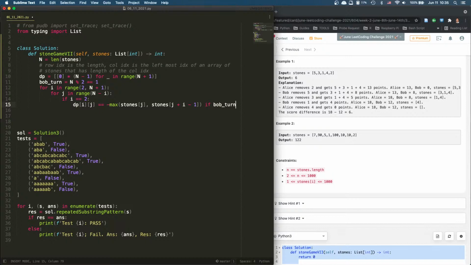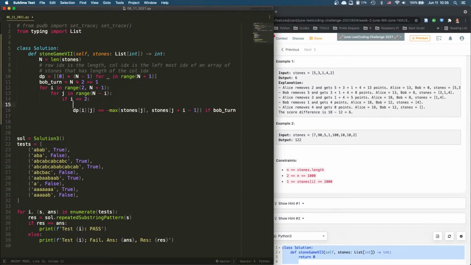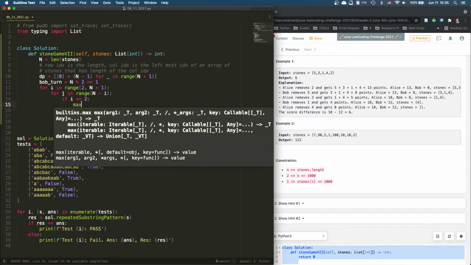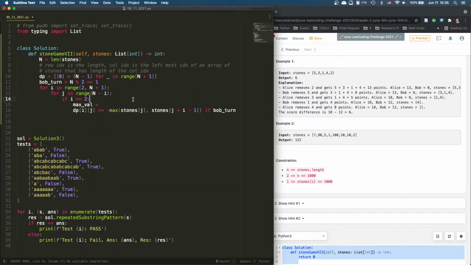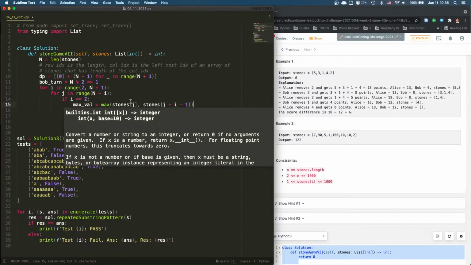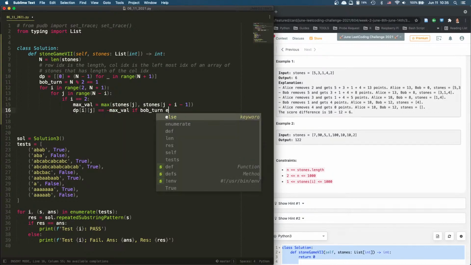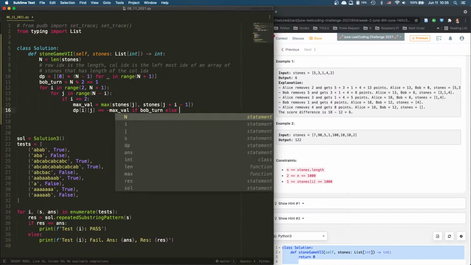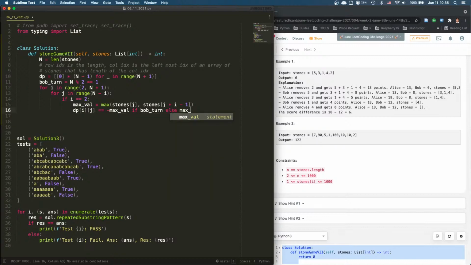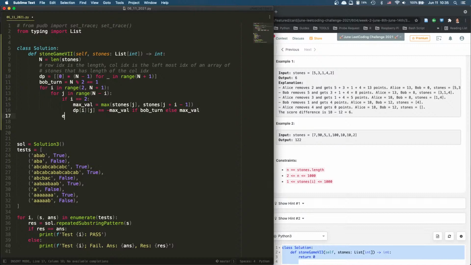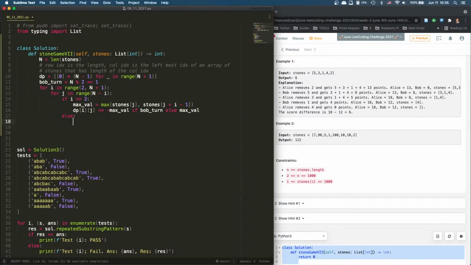Else, so let's just do it once. So max val equals this thing, right? And it is going to be max val if Bob turn, else not Bob turn, it's Alice turn, so then it's just going to be max val. So that's if I equals 2. If I is not equal to 2,